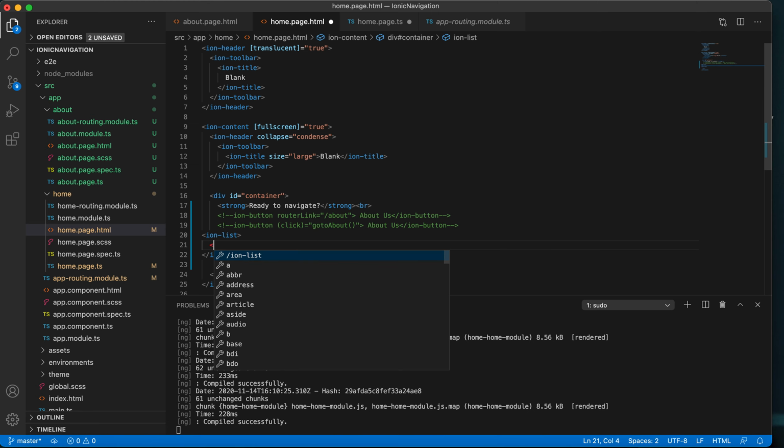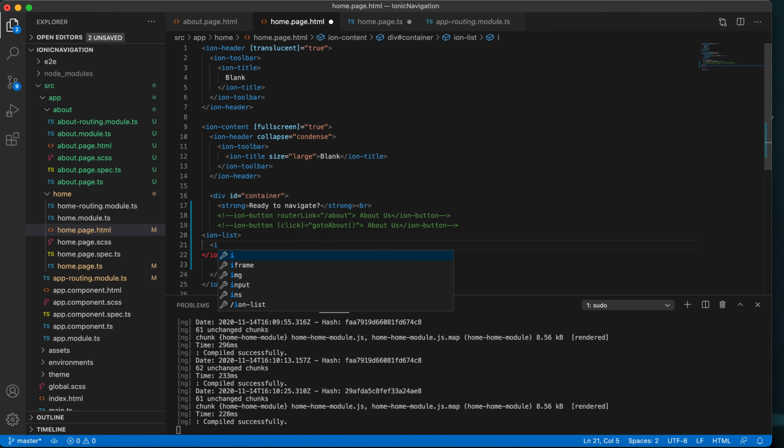Each item will have an ion item, and each item will have an ion-label.